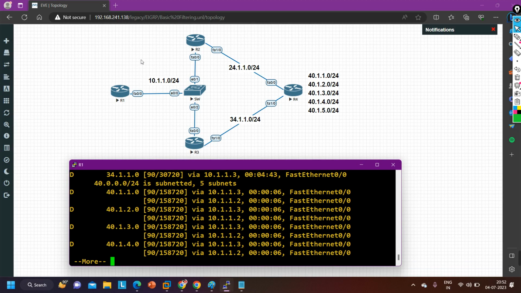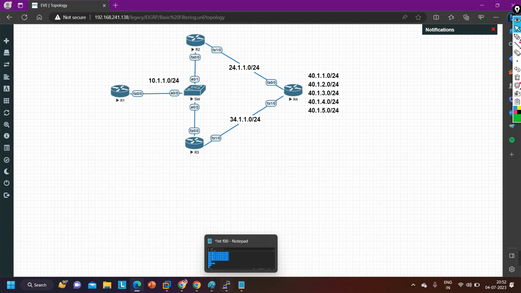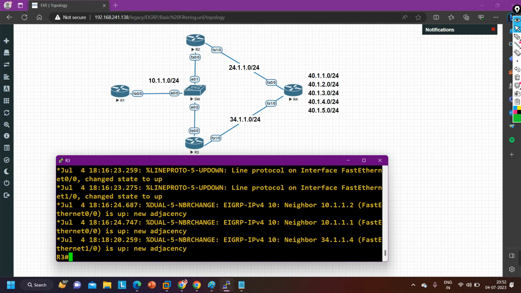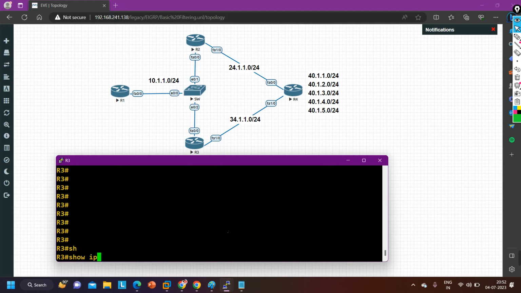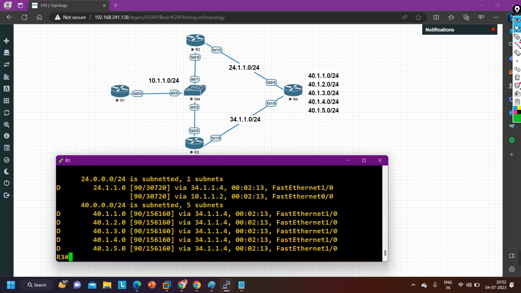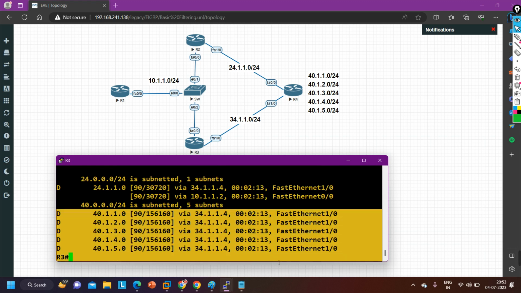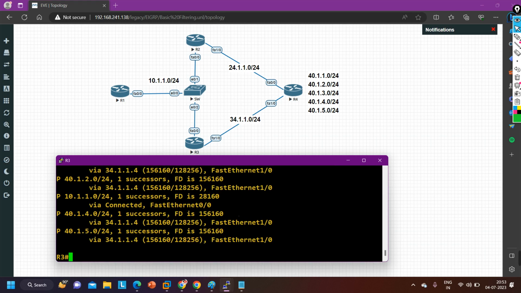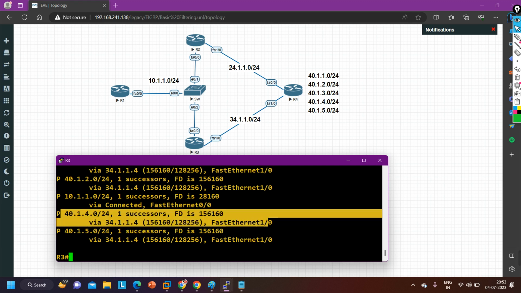See, we cannot apply the distribute list on router number 2. See, the topology table or routing table of R3. So IP route EIGRP. It has installed all these prefixes via router number 4 directly, right? 34.1.1.4. So IP EIGRP topology. In the topology table, router 3 has only one path, but there is one alternate path as well via